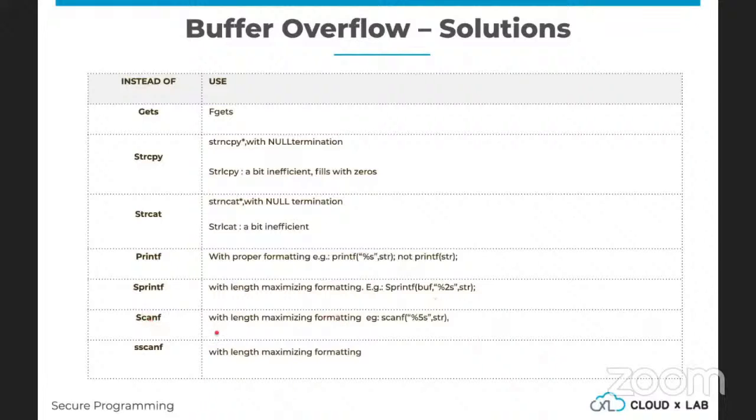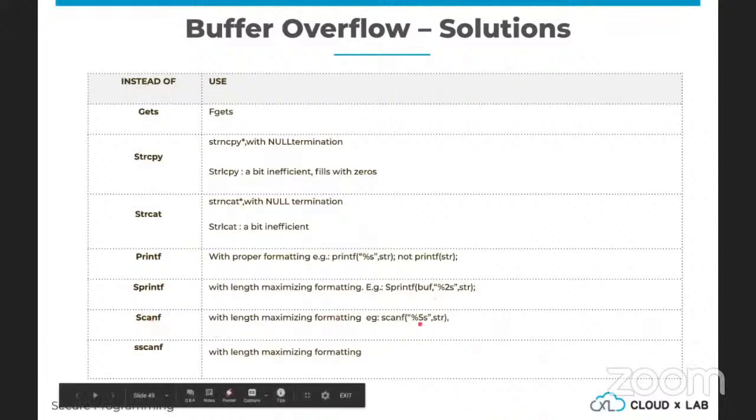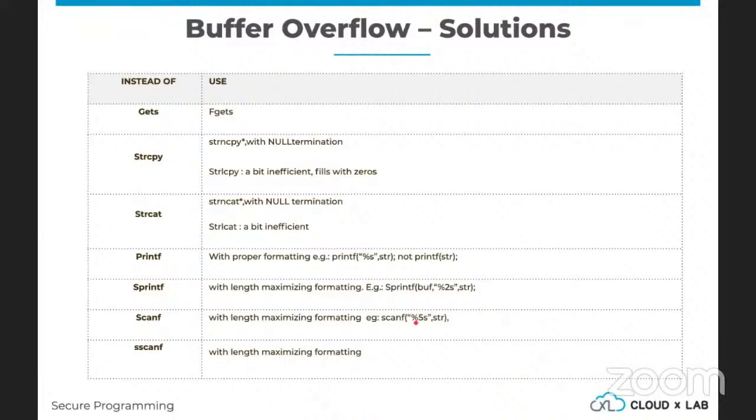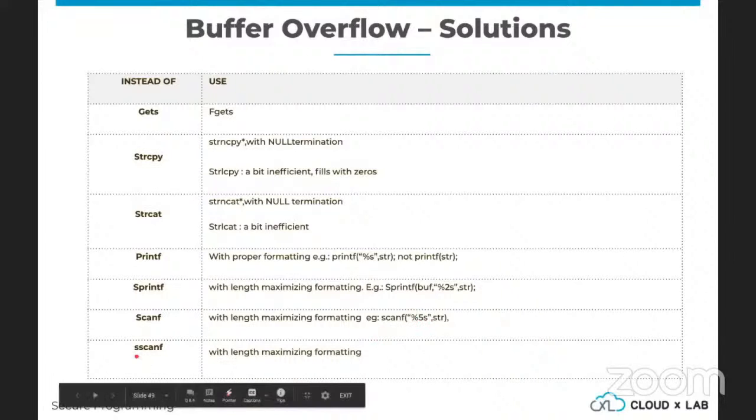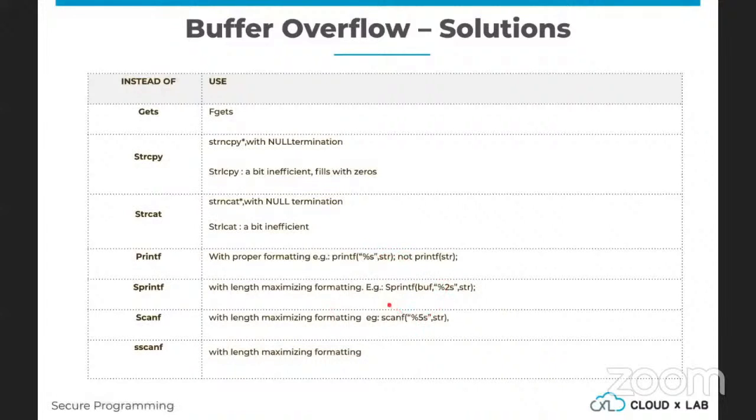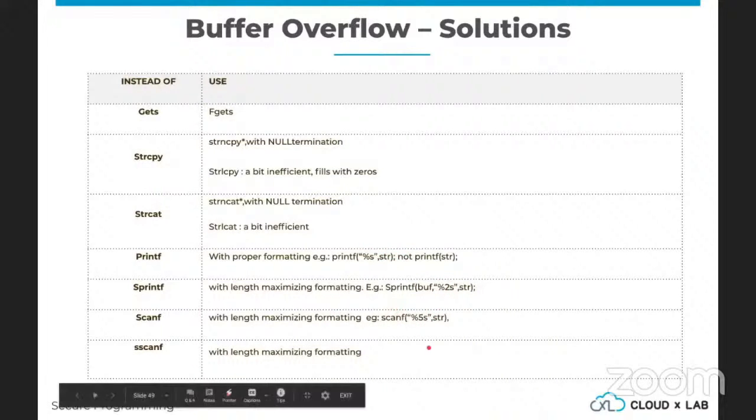Scanf, okay. So always while scanning the data from the user, make sure that you only read a fixed number of characters. Similarly, scanf reading from another string. So similarly, you can always specify these extra format parameters. All right. So make sure that you follow this way.